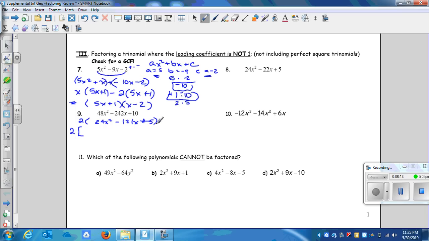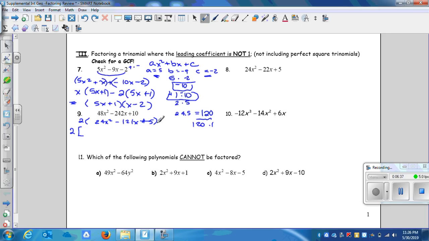So I want to look for two values that when I multiply them together, so I'm going to actually start with the 24 times 5, and that's going to give me 120. And I'm looking for a factor pair that would add up to 121. Well, that's a pretty large value. If you list all of your pairs, you'll ultimately find that the only ones that'll work would be 120 times